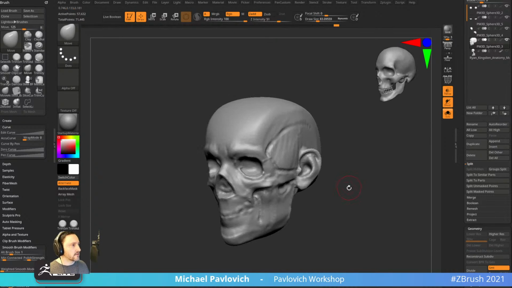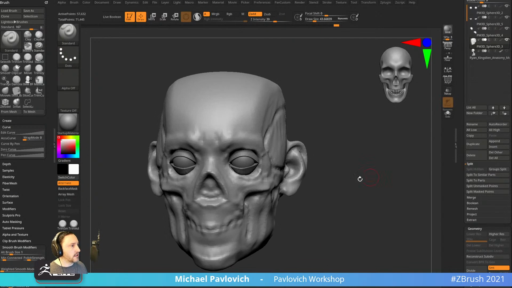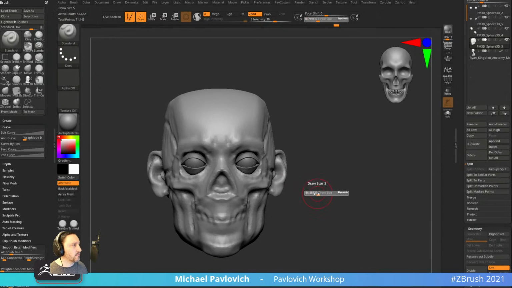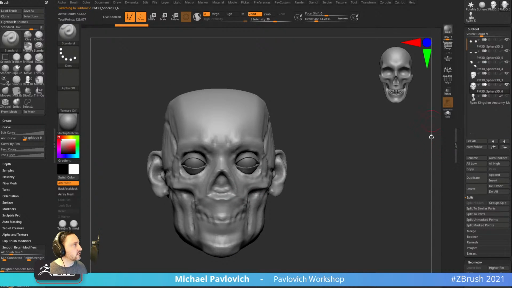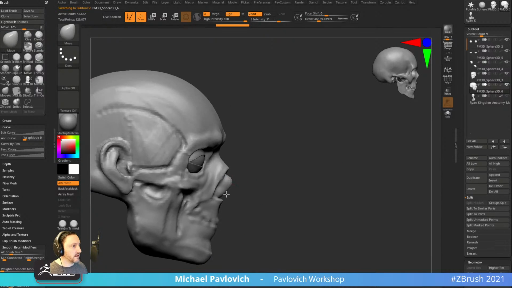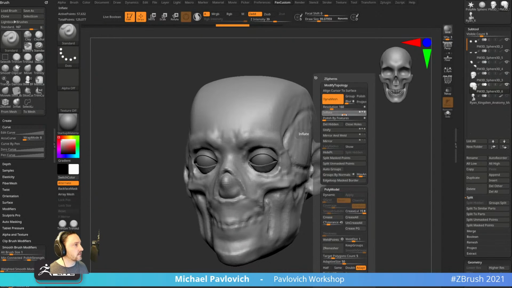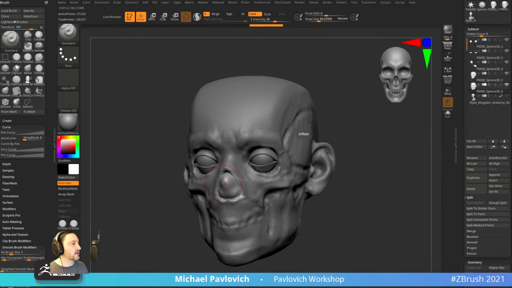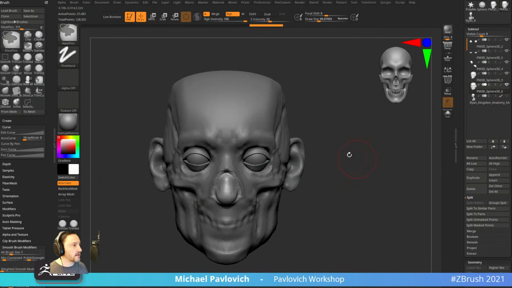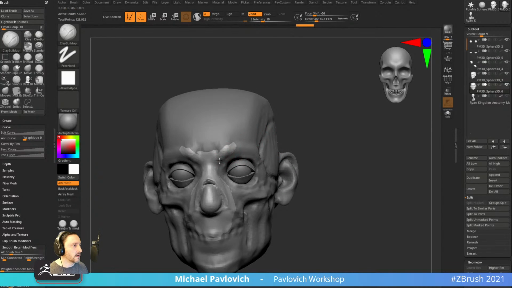All right, we got this going. And then again, we have some meat going on him, so we can put some meat on top of him if we want. We can duplicate this entire mesh, and then using clay buildup or standard brush or whatever, we can start adding our own. First, maybe go in here to your deformation menu, inflate, and then deflate, so -1. And then we can start building up on top of the skull where we might have